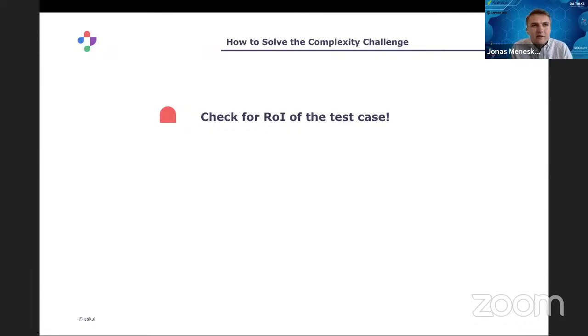Return on investment is also something which is subjective to your stack, so you have to find a good metric for it. It can be how much test coverage do I have, or it can be how many users. For example, the easy example is always one user journey which is really complicated to automate because you have a lot of different kinds of third-party integrations, stuff like that.